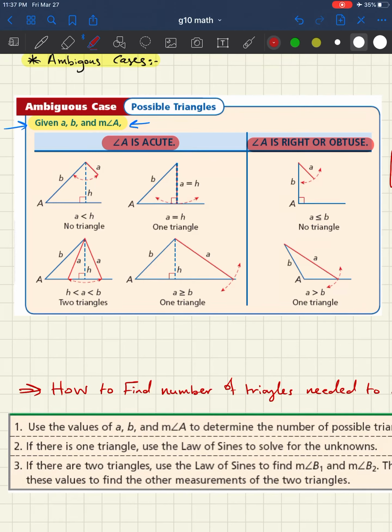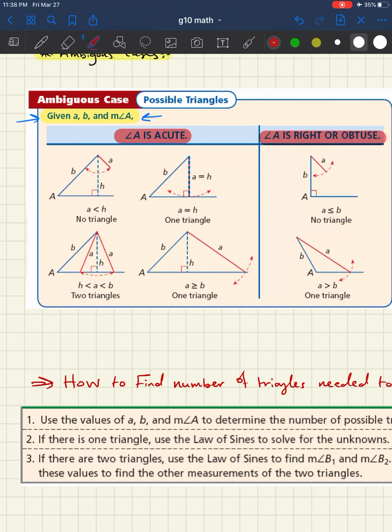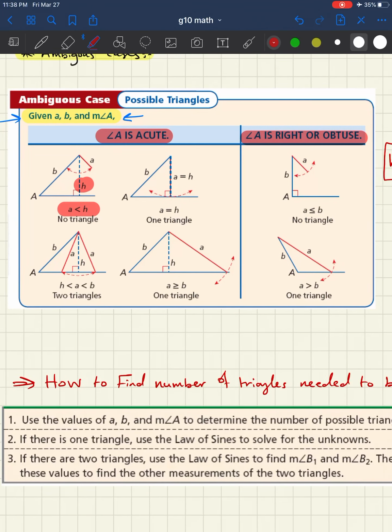If your angle was an acute معناته you have four possible scenarios. عندك 4 حالات ممكن إذا كانت قياس الانجل A acute يعني less than 90. وإذا كانت الانجل A is right أو obtuse، إذا كانت 90 يعني right أو إذا كانت obtuse يعني above 90 you have two possible scenarios أو two possible cases. نبلش إذا كانت acute. أول شغلة if you're comparing A with H, H is the height. If you're comparing A with the height